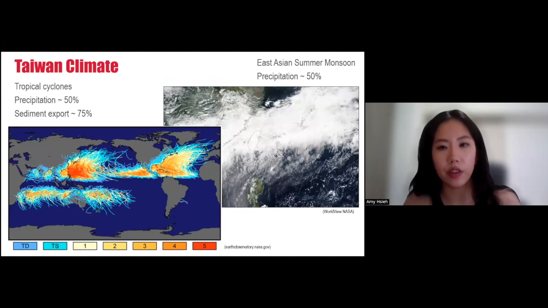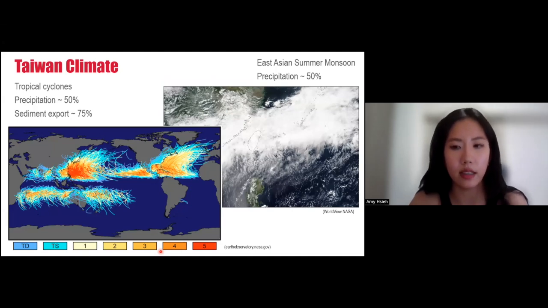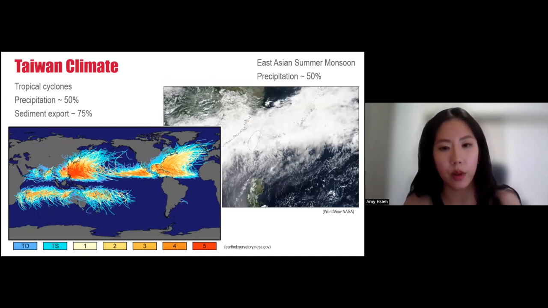And the ability of these rivers to transport large volumes of sediment is dependent on precipitation. In Taiwan, there are basically two main processes that deliver precipitation. First, Taiwan experiences frequent tropical cyclones, which account for almost half of the annual rainfall in Taiwan. This figure shows the tropical cyclone tracks and intensities for the last approximately 150 years, and Taiwan is located right here where many of the category 4 to 5 cyclones pass through. On average, we see around 3.5 tropical cyclones per year here, and around 1 super tropical cyclone, or category 4 to 5 cyclone, every 4 years.